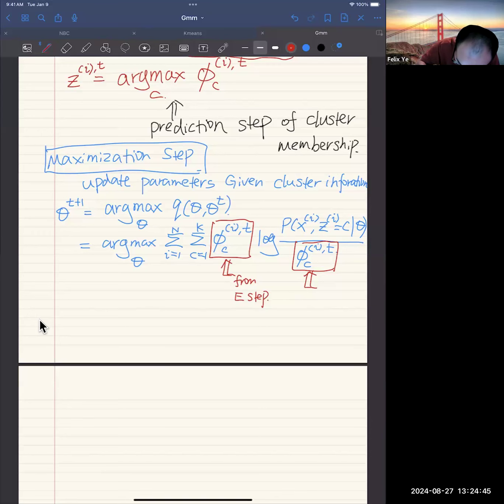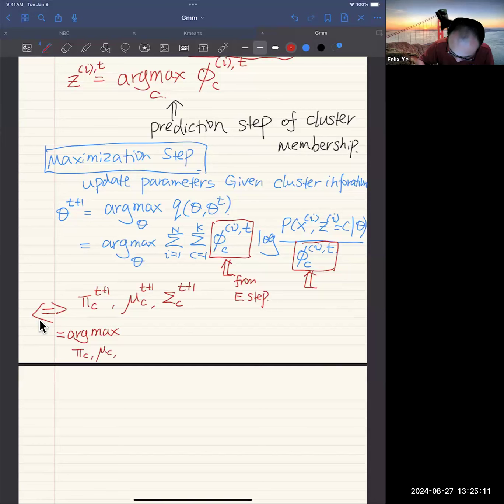So this is equivalent to finding pi c at t plus 1, mu c at t plus 1, and sigma c at t plus 1, equal to the argmax over pi c, mu c, sigma c